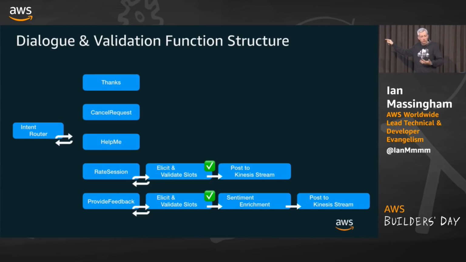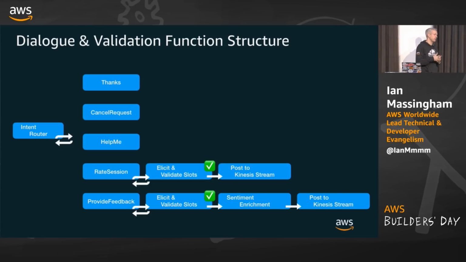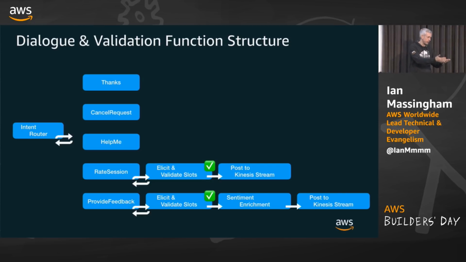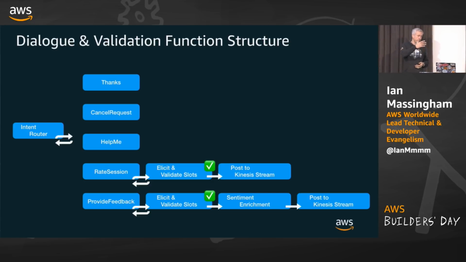And if we're doing sentiment enrichment for feedback, we actually do sentiment assessment of the comments. Because we care about the comments, but we care more about whether the comments are positive or negative, right? So we can derive a metric from the comments. So in that case, we use another AWS service, which is in preview, called Amazon Comprehend. It's a natural language processing engine that includes sentiment analysis. We package up the feedback text, send it over there, get a positive, negative, or neutral back from that other API, enrich that into our fulfillment object, and then package up all that and send all that into Kinesis. So those are our two document types, a feedback document or a numerical rating document. Those are the two things that we capture.